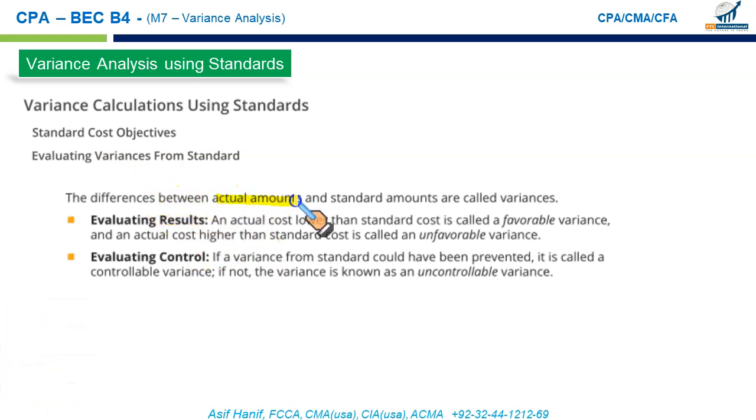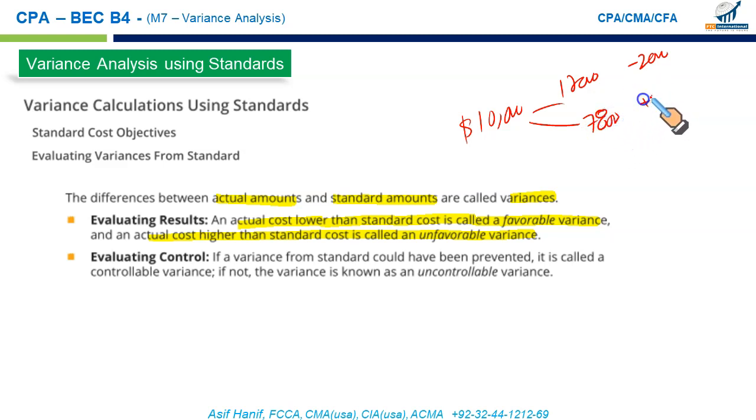The difference between the actual amounts and standard amounts are called variances. They can be favorable and adverse. Now, if the actual cost is lower than the standard cost, it is called a favorable variance, right? Actual cost higher than the standard cost, it is called the unfavorable variance. Like for example, we were supposed to use $10,000 worth of material for the quantity of production we have made, but if we use $12,000 instead, so there is a 2,000 adverse variance. And if we use only 7,800, then in that case 2,200 cost that we use less is the favorable variance,